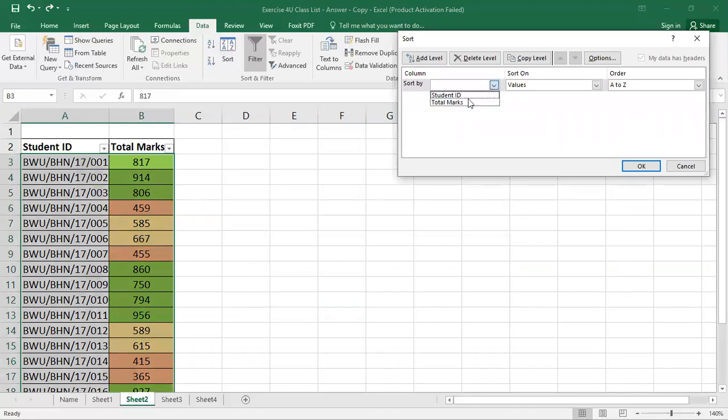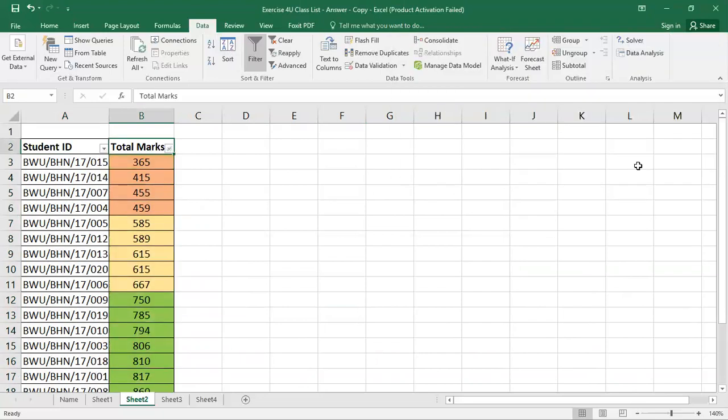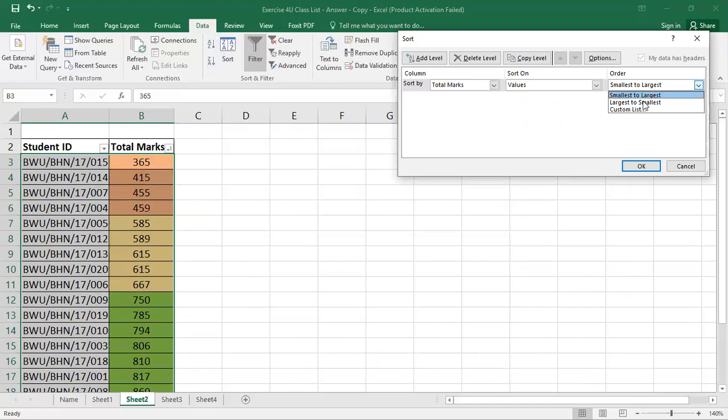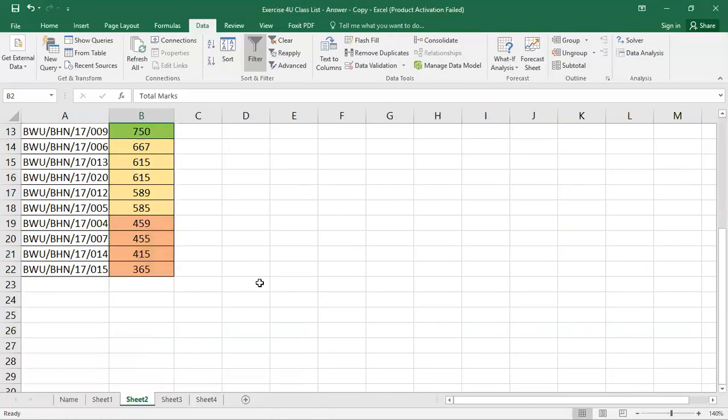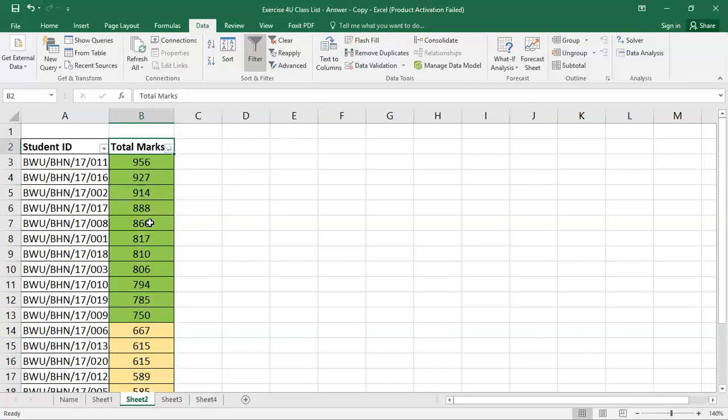First it is the total marks, then the values, sorry, it is not smallest to largest, it will be largest to smallest. Then it will automatically be in a colored way, as well as the total marks in decreasing order.